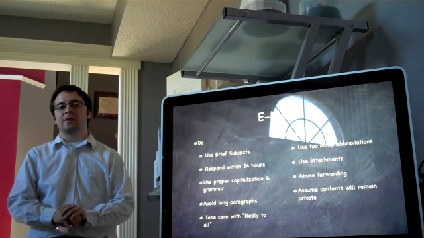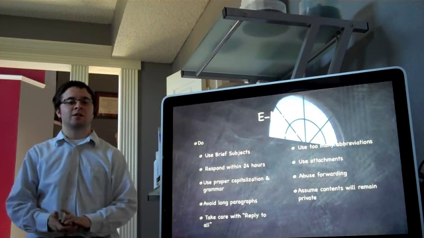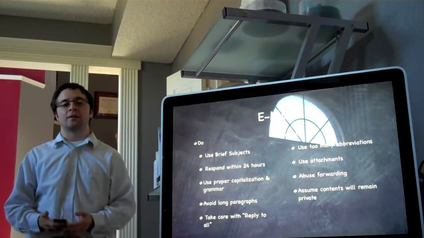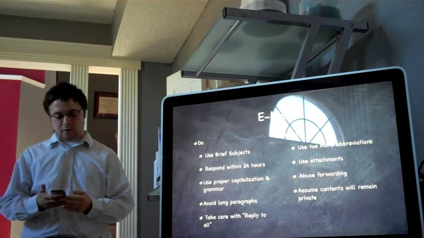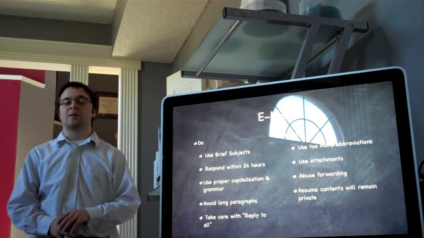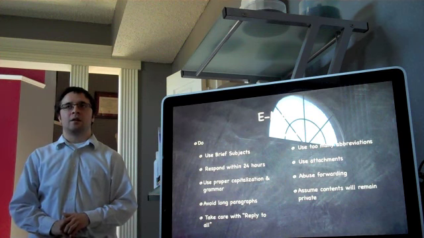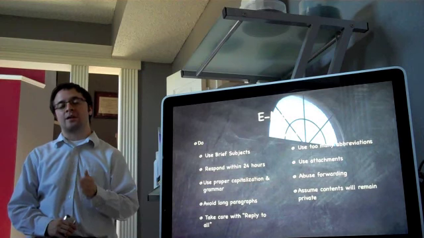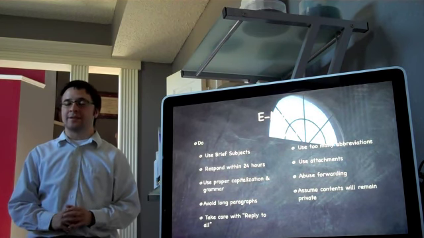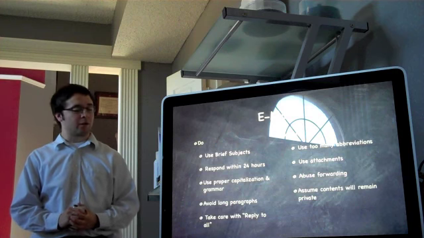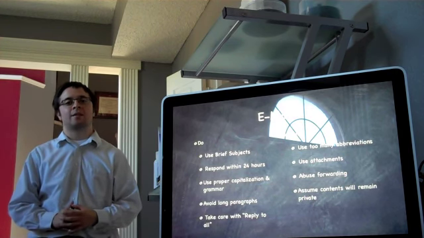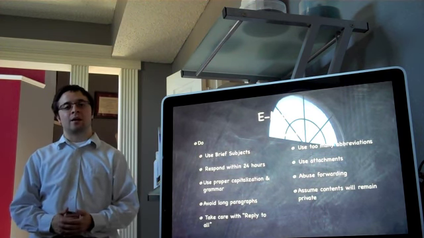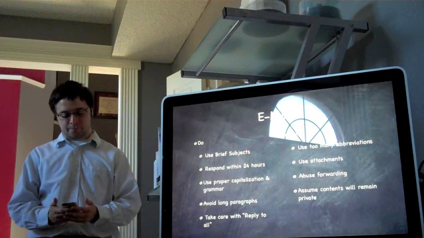Try not to use many abbreviations. This is going to be an ongoing theme. Just because it's electronic and quicker doesn't mean that you should take shortcuts in the way that you write. You should try not to use attachments if at all possible. A lot of security issues that arise from email arise through the attachments, and some email systems reject attachments outright. While those are few and far between, it highlights the importance of avoiding attachments whenever possible. Of course, you can't always avoid that, but you should when you can.